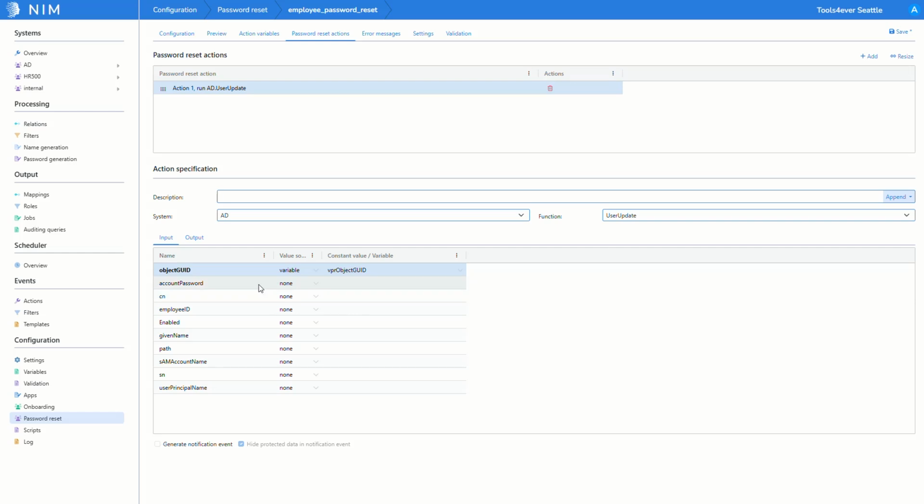Also under the Input tab, find the target system's password field. Change its value source to variable and select the vPassword variable in the Constant Value or Variable dropdown. Now click Save. With the password reset profile in place, we can now configure the mappings for the internal password